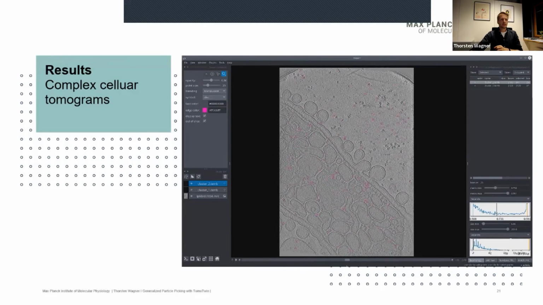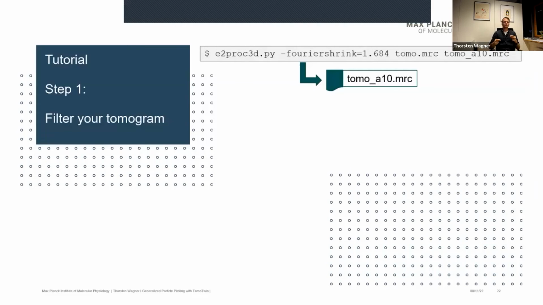All right, for the last couple of slides, I would like to talk about a tutorial, basically how you actually apply it to your tomogram. You start, and this is actually an optional step, by filtering your tomogram down to 10 angstrom. Why? Because TomoTwin was trained on data with 10 angstrom. Anyway, we also run it on tomograms with a pixel size of 15 angstroms or a bit smaller than 10 angstroms.